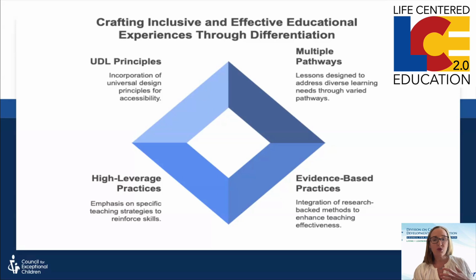And so that's where we were really looking at highlighting what HLP for delivering this instruction? Is it explicit instruction? Is it modeling? Is it feedback? Would this be a great lesson for peer-mediated instructional strategies and how to implement them? How can we assure and give you different ideas for implementing UDL? Because we all know, right? We need multiple means of engagement for all, including ourselves.